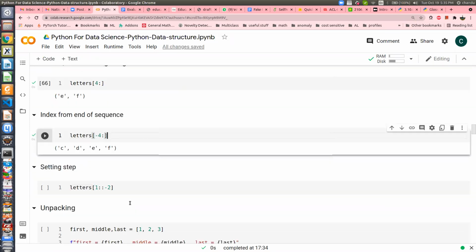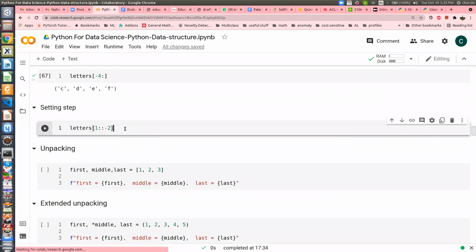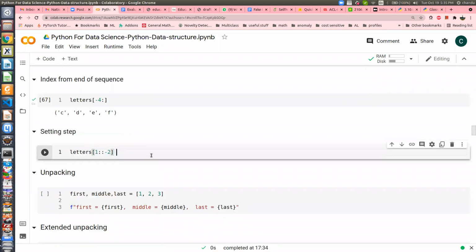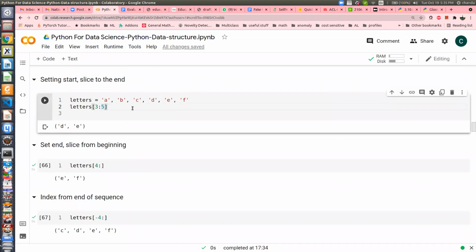Okay. So there is another way. You can actually specify the step size. How many items you want to access? One item at a time. All the odd items, all the even items, you can try out. So here is the way. You can insert double colon, and let me talk about it with this same example. I want to access A, C, and E, all the items at odd positions. So how can I do that in Python?